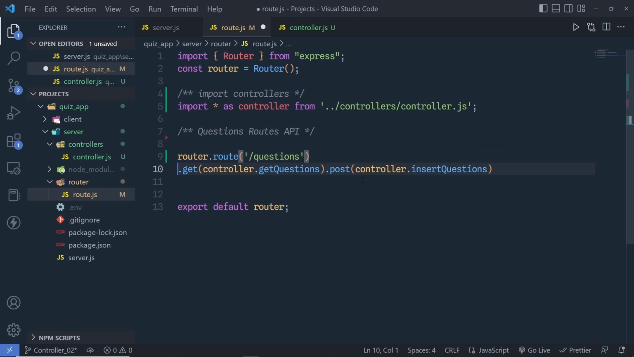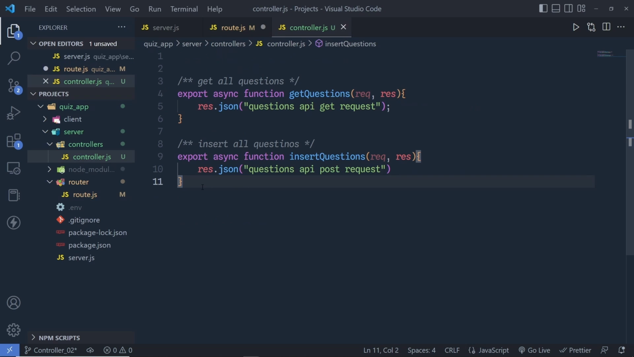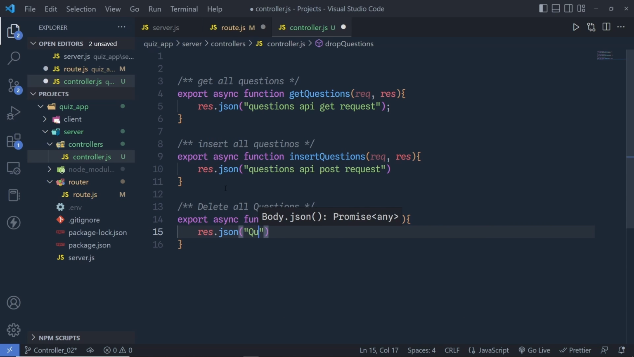Now let me just enter here something like this. So this is the get request and this is the post request. Now I also need a delete request to delete all the questions. So inside this controller, let me first create a comment and say delete all questions. Right down here I'm going to export an async function, and the function name is drop questions. And don't forget to pass your request and response parameters, and then you specify here response.json and then specify here questions